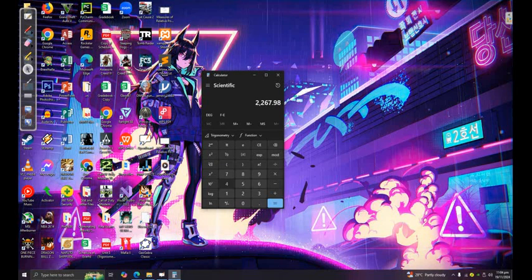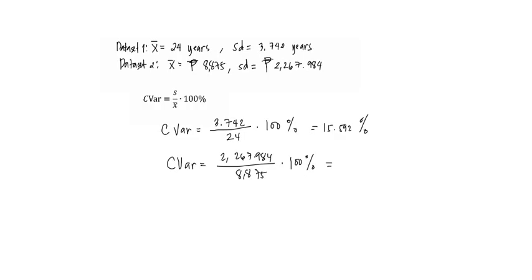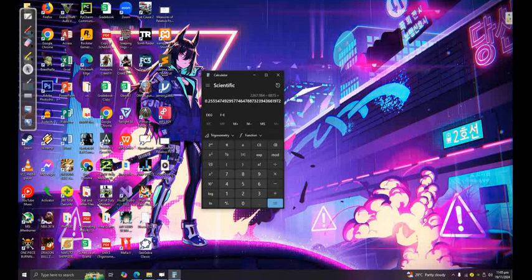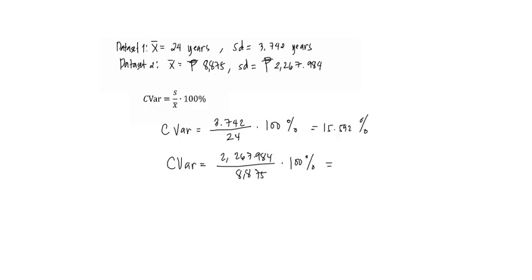So that's going to be 2267.984 divided by 8875, and then you times it with 100%, that would be 25.55. That's 25.555, times 100, I mean not times 100,